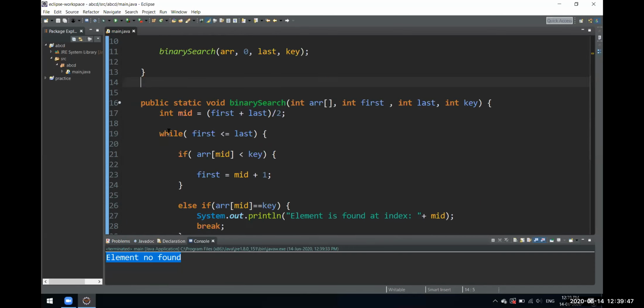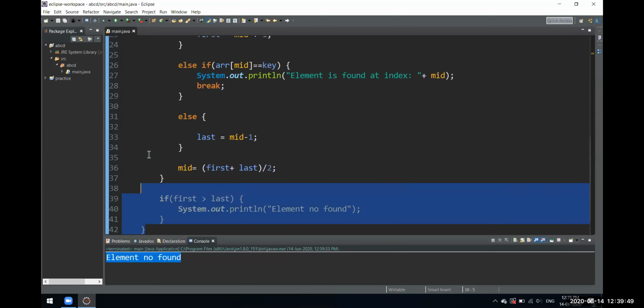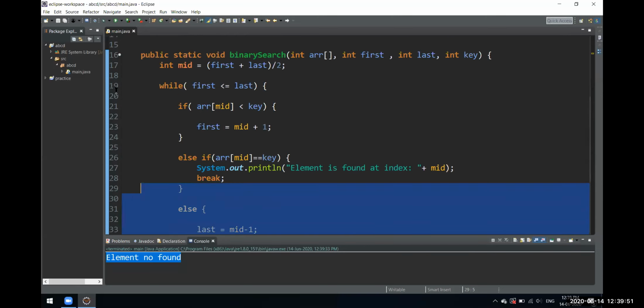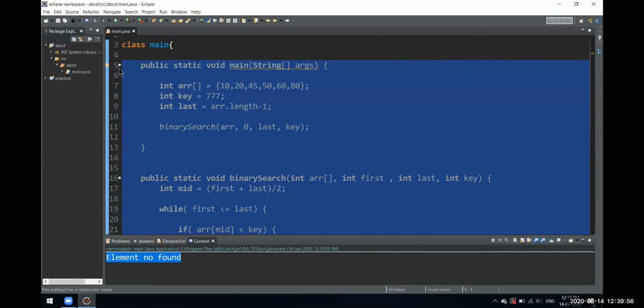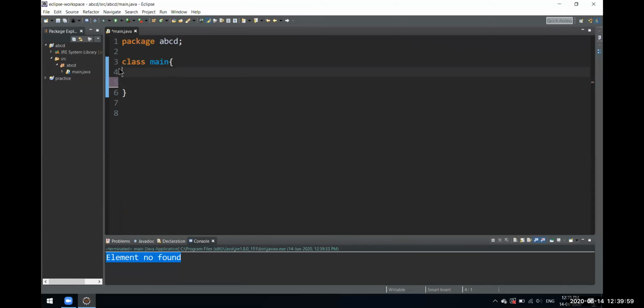Let's now see one more kind of searching. Now searching is enough, I think. There are various more searching algorithms you can try. Let's see about sorting algorithms. We have different kinds of sorting algorithms, and you can do this in any language. If you want to go into competitive coding, you need to have strong logic, and for building that strong logic, you can try these different kinds of algorithms.